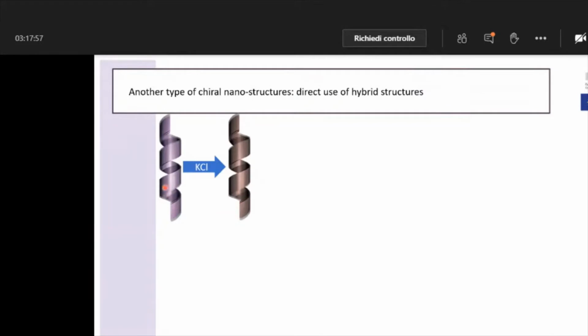Inside here you have the tartrate molecule, which is chiral. To get rid of it, you can wash with potassium chloride, and you can see this signal belongs to the tartrate, and after exchanging with potassium chloride, you don't have any signal left because chloride doesn't absorb